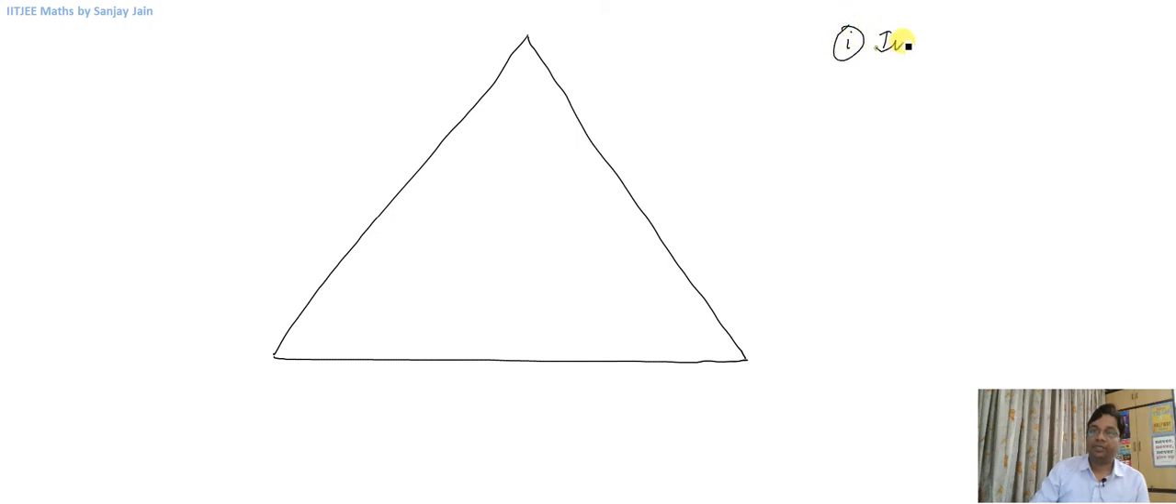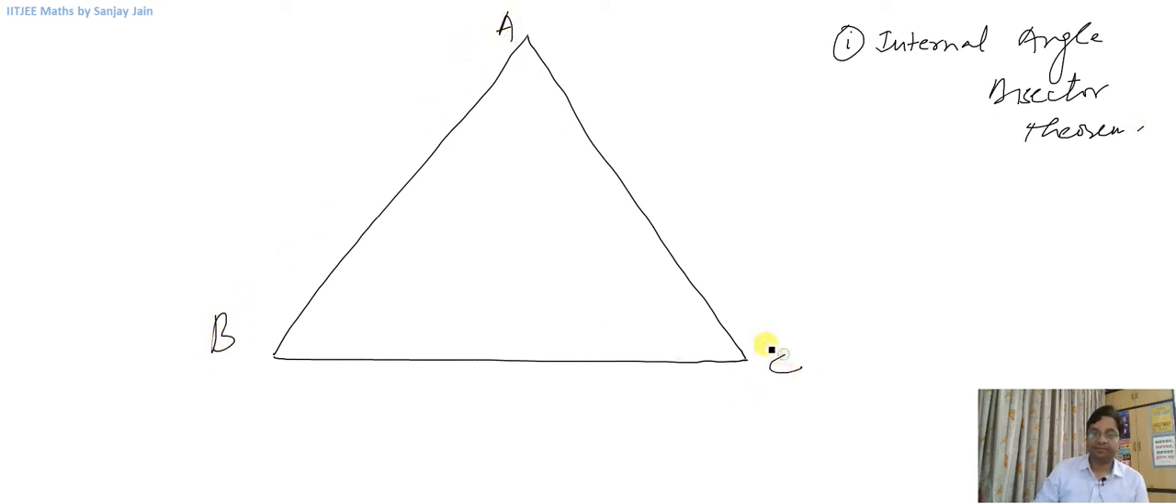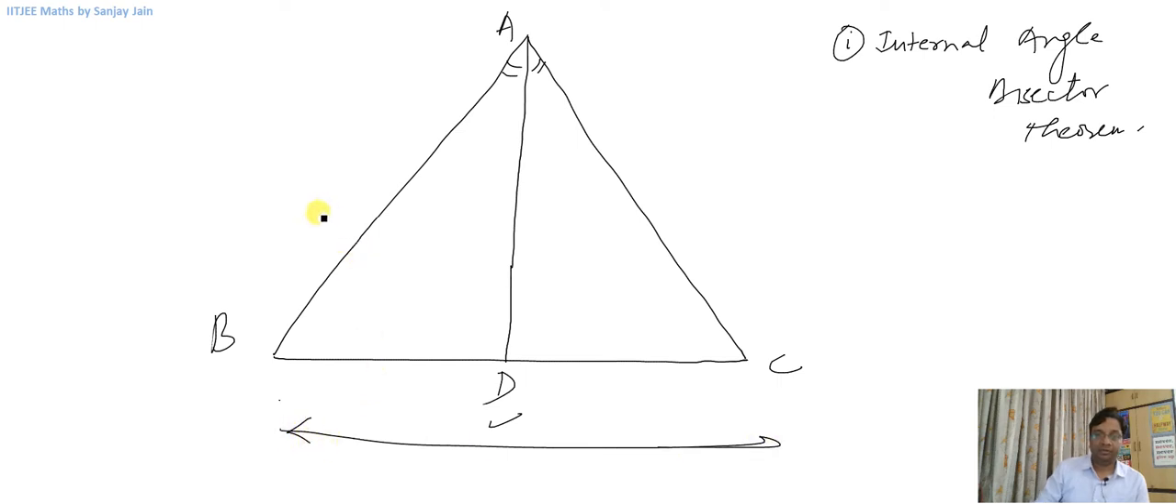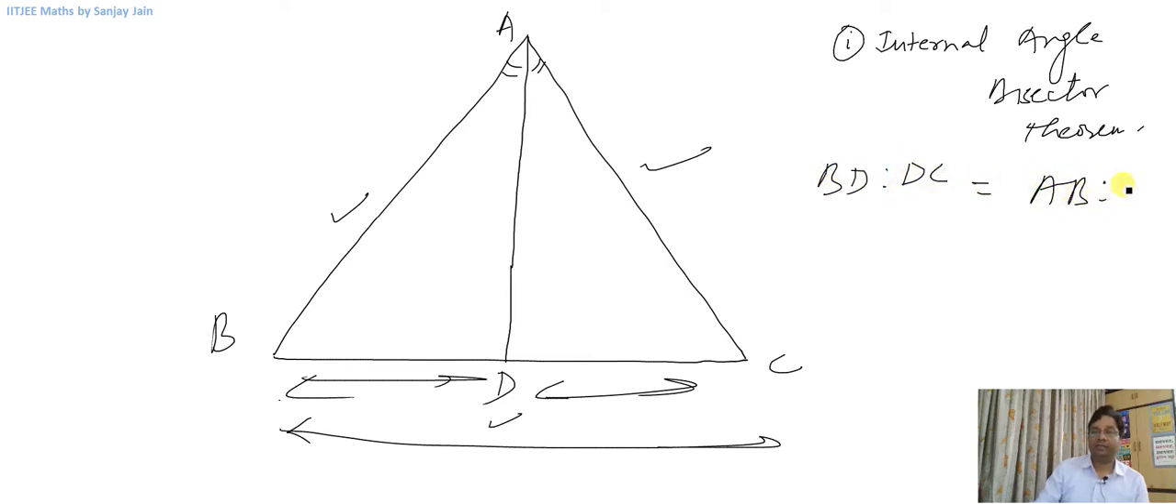Number one, the internal angle bisector theorem, which says, let us say if this is triangle ABC, if I draw the internal angular bisector of angle A and let it meet the opposite side BC, let us say in point D. So this point D will divide this line segment BC in the ratio of these two sides AB and AC, which means that BD is to DC is equal to AB is to AC,